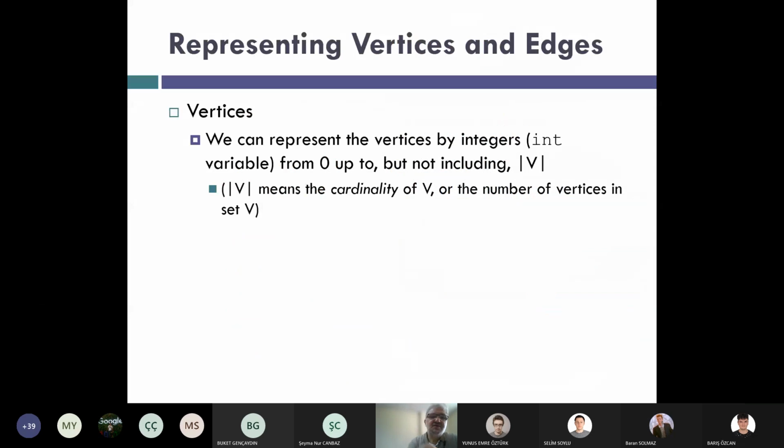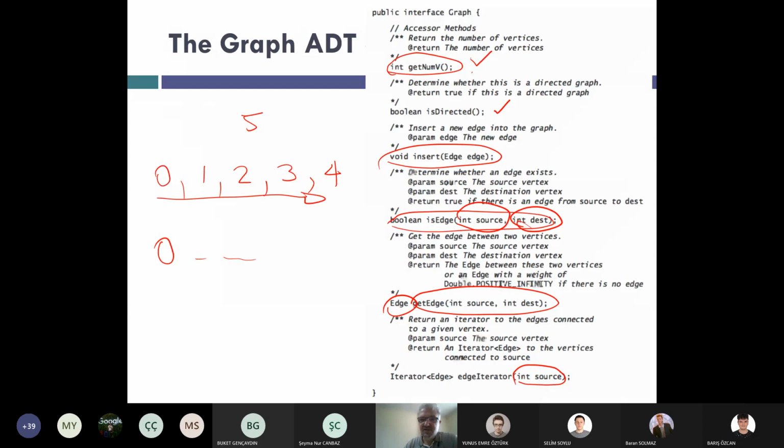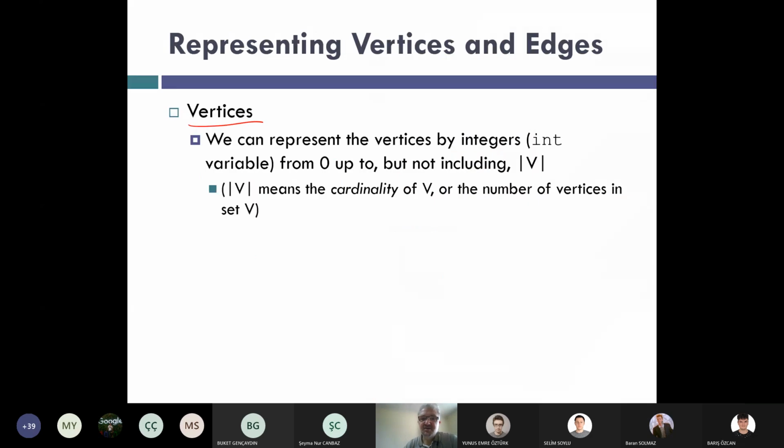Okay, so the vertices are represented by integers. As you see here, when we say source vertex, it's an integer. Destination vertex is an integer. Similarly, here or here or here, the vertices are represented by integers here